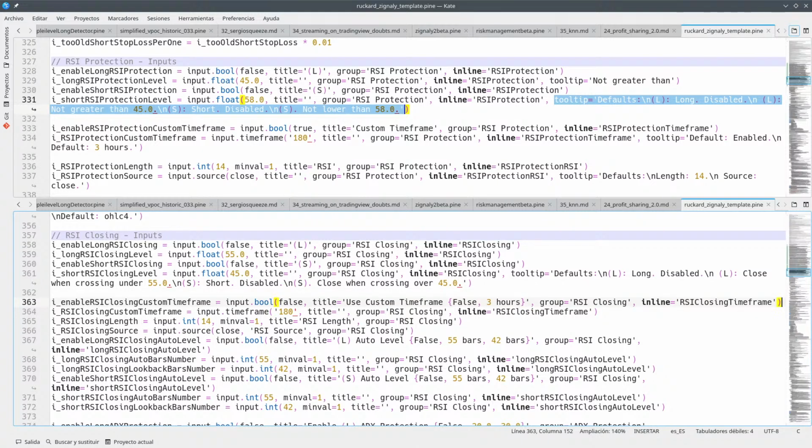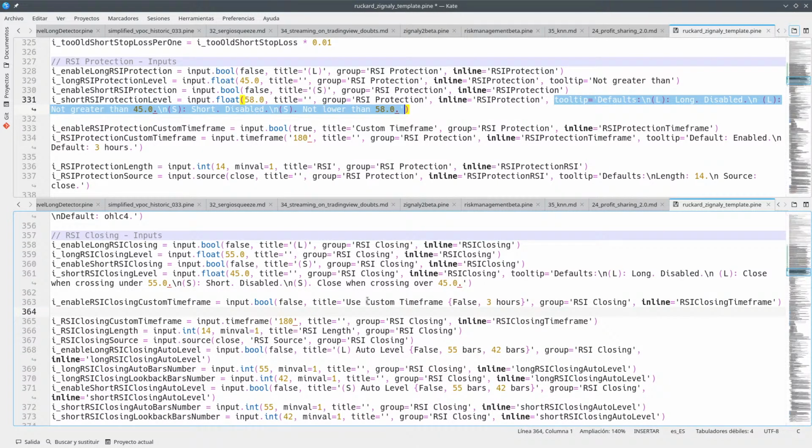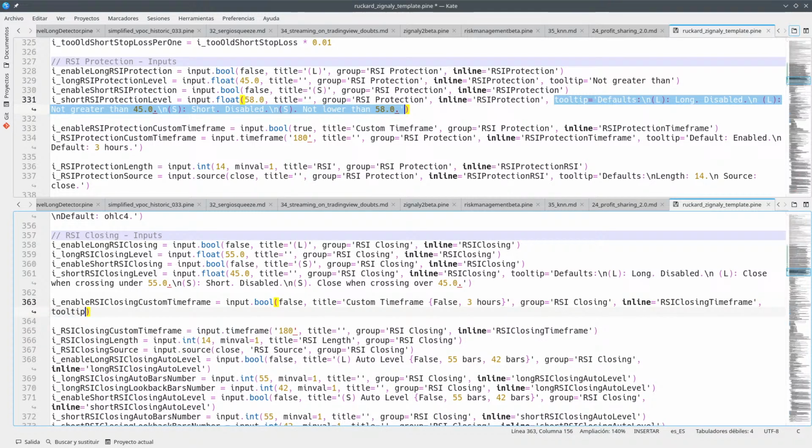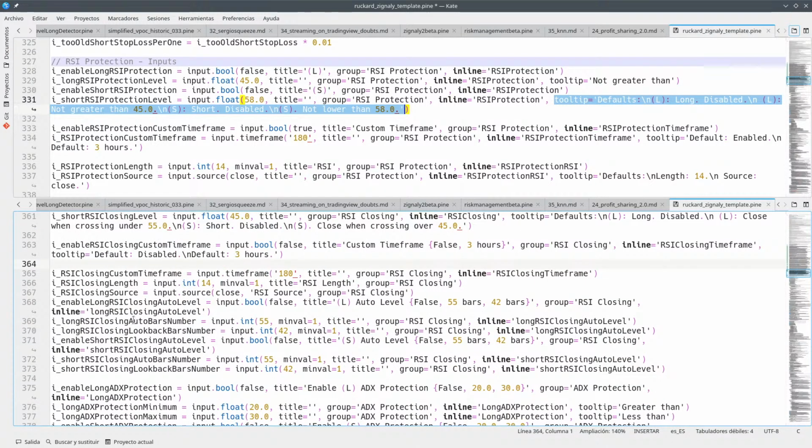So custom time frame should be quite easy to fix. Instead of using use, it's just removing use. This is going to be tooltip, default, disabled, and then default 3 hours. Okay, that's it. So the rest of it,